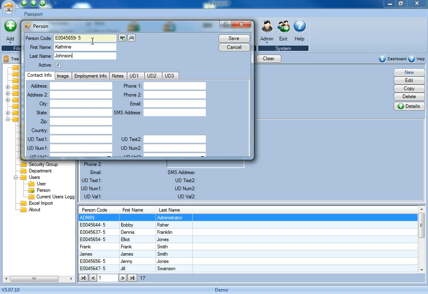Once you've provided a person code as well as a first and last name for the person, the Contact Info tab below will allow you to fill out additional information on their address, phone number, as well as their email and SMS addresses. Once you have the information entered, and especially if you're using the additional text and email alert